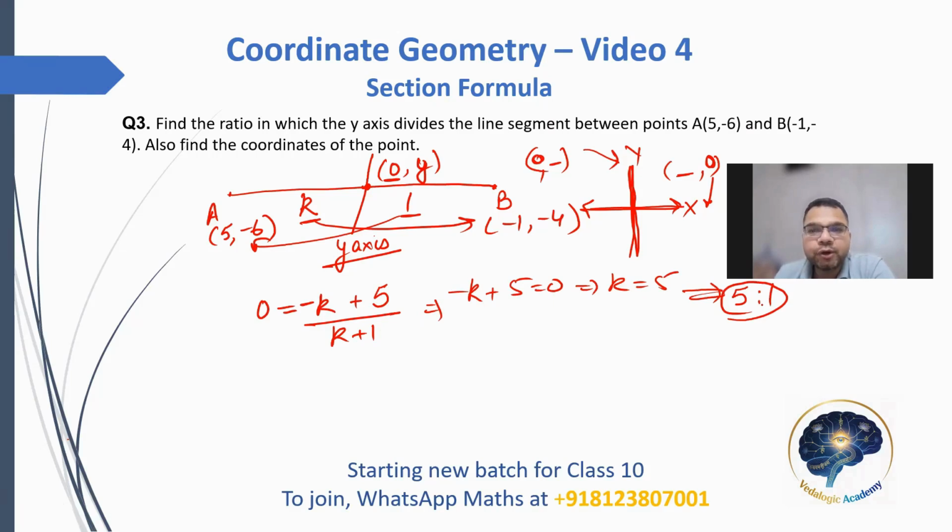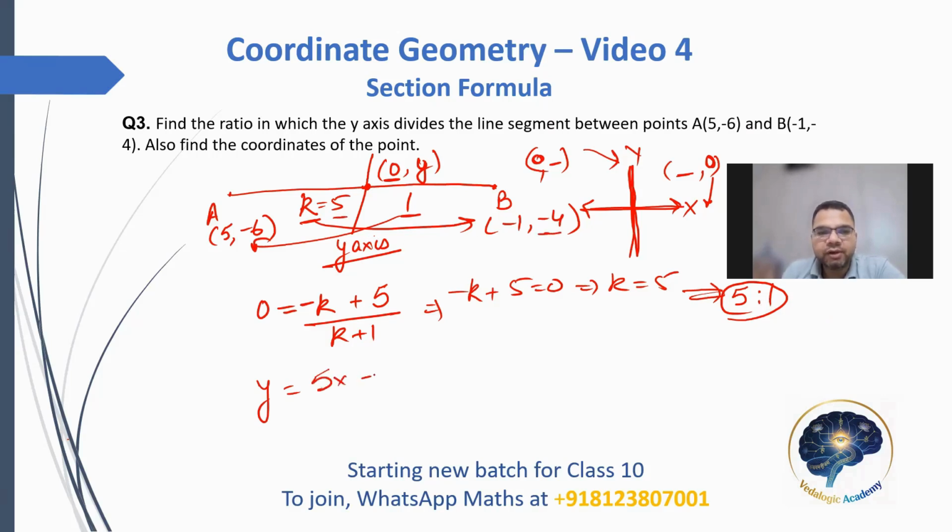Now we are going to use this to, as the question says, also find the coordinates of the point. So we have to find 0 comma y as well. So we have to find y here. But now since we have k, we can find y as well. So y becomes, I'll put k as 5. So this 5 into minus 4, which is here,